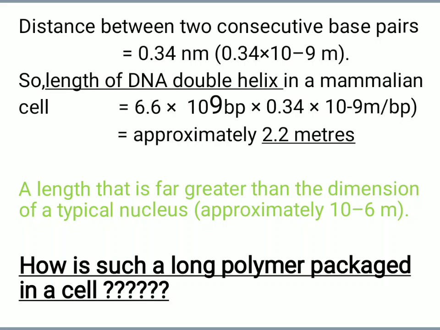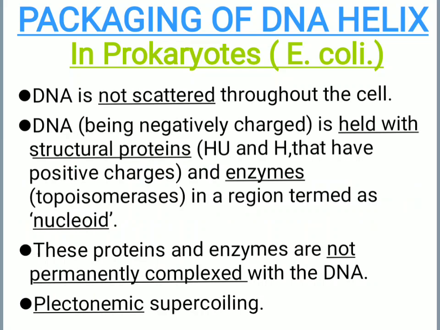First, we will understand the word supercoiling. The packing of DNA involves an extraordinary degree of structural organization which has been divided into three hierarchical levels: primary, secondary and tertiary levels. Primary structure is a simple polynucleotide chain. Secondary structure or relaxed DNA is the spirally coiled double helical molecule, and to achieve the tertiary structure, each DNA helix undergoes repeated twisting, folding and coiling, and all this packaging is called its supercoiling. So when we are talking about the packaging of DNA helix, we must know the word supercoiling.